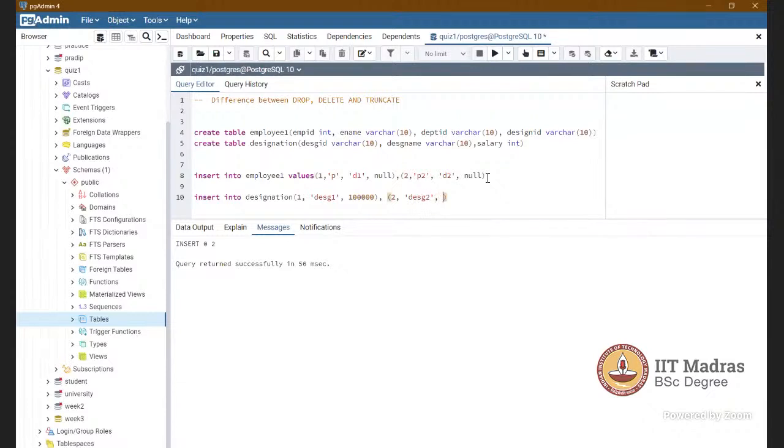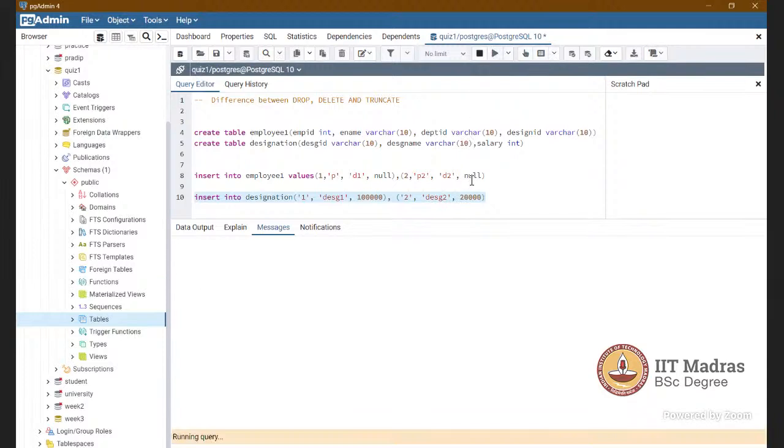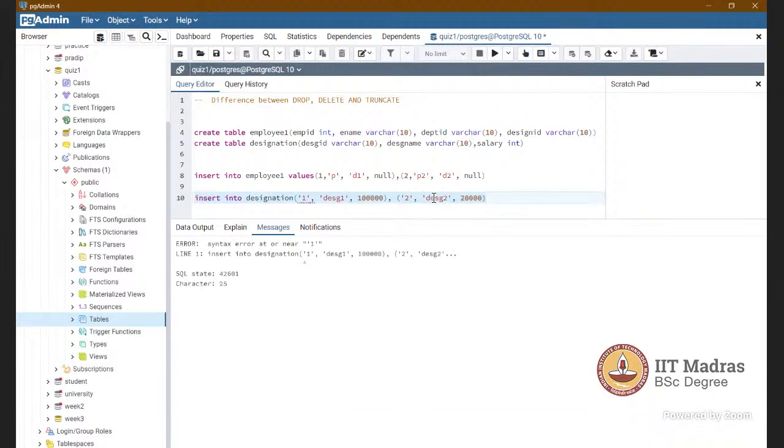Pradeep, designation ID is varchar. Okay, it will work. This one, right? Pradeep, it should be D1, D2, right? Designation ID. So which one? Sir, I gave the designation ID as null. Okay, in the employee table. Use the values keyword.